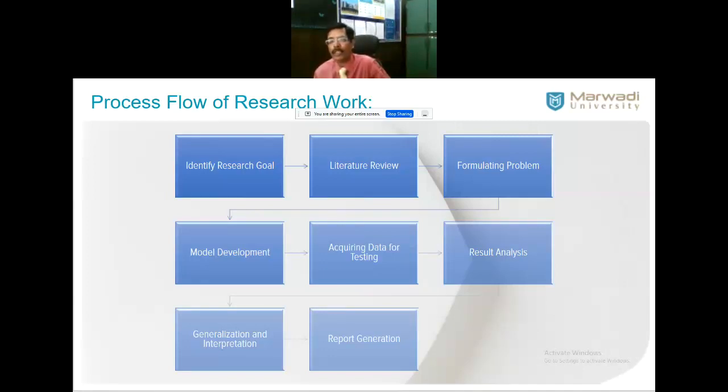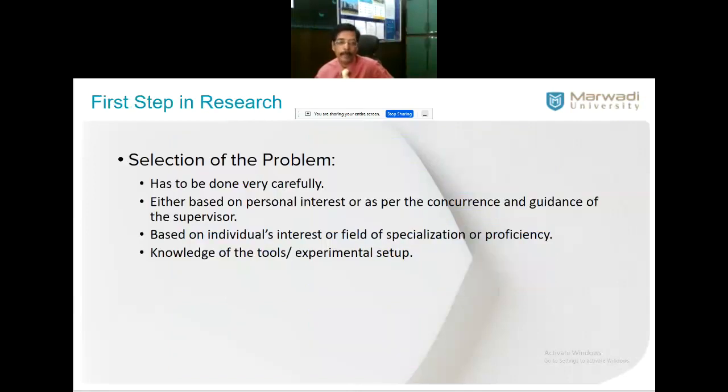Then comes the generalization and interpretation. Just think whether your work can be generalized, can be applied on more than one domain or more than one problem. If it is yielding that result, then the consistency will be talked about much. That is done. Then you create a report and present it in a proper way. Once the report is done, it goes to evaluators and you may have to clear the Viva. Viva is nowadays open Viva, open house, and public Viva, right? You have to answer that. These are the general flow of the research work.